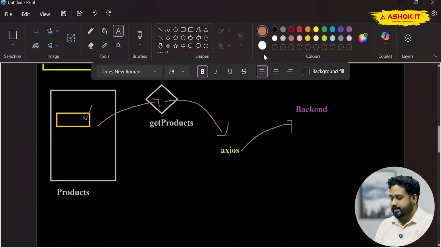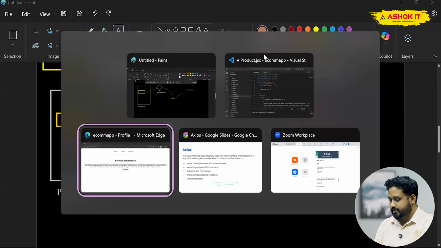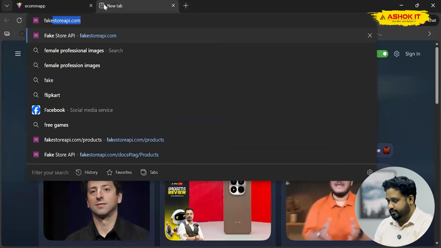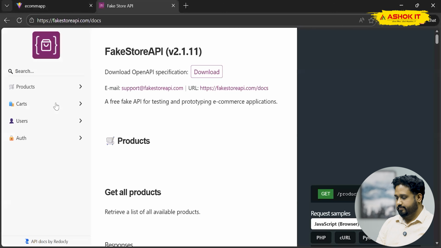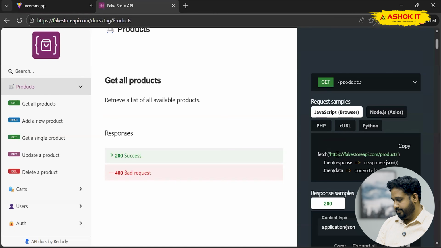Now in our case, backend will be Fake Store API. So for that, let's go to the browser and search for fakestoreapi.com. Now this website will act like a backend. It provides us some REST APIs. Go to the docs, click on products. Now here you have one URL. Copy this URL,